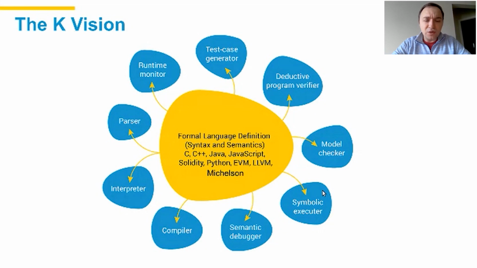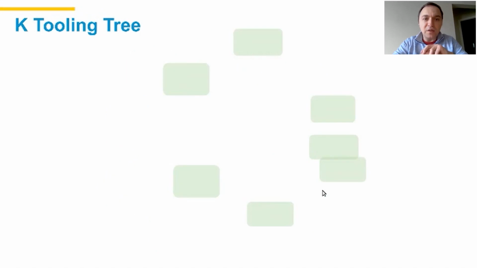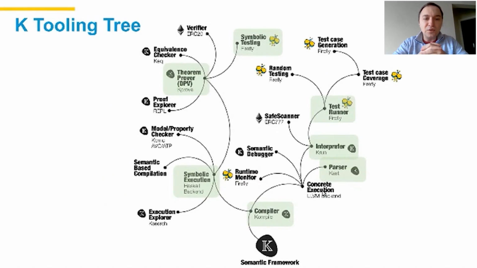It started off as a research program, and we have been trying to make it so that this isn't just something that's confined to the realm of academia, but is available to end users anywhere. So here's a tooling tree that shows, in some sense,